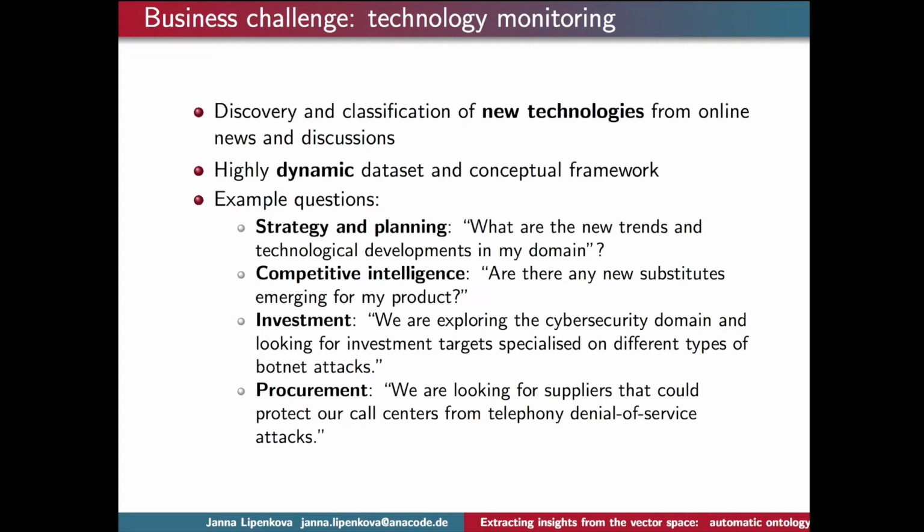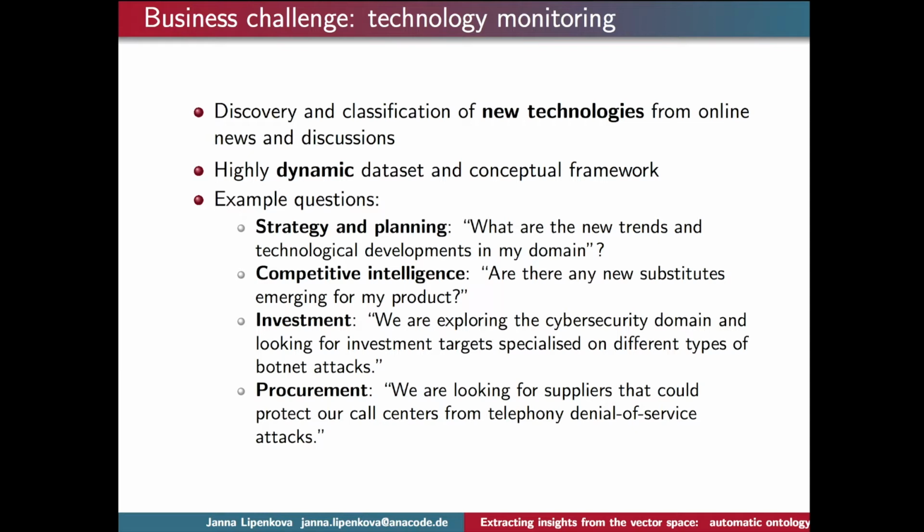And in the last 2 years, we have more and more clients coming to us with challenges and questions about new technologies, specifically about how they can discover and analyze new technologies based on all the web data that's out there. So we all know that we live in a world which is developing very quickly and also changing very quickly. And for businesses, it's becoming more and more challenging to actually keep up with all these changes and developments.